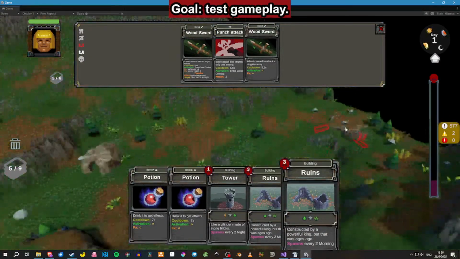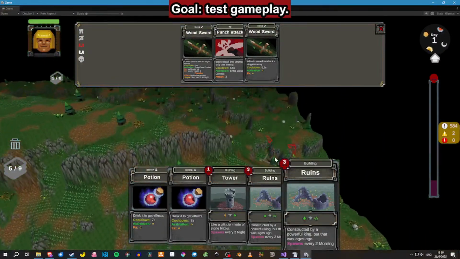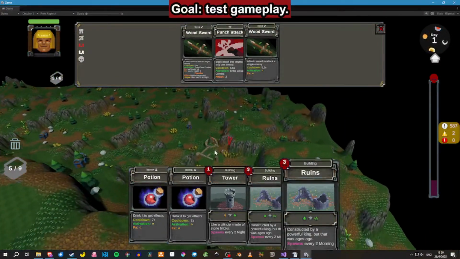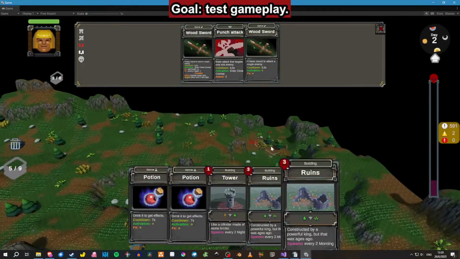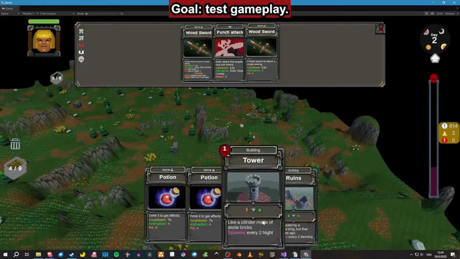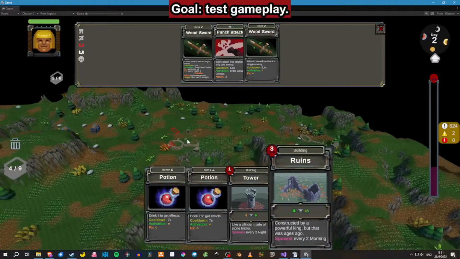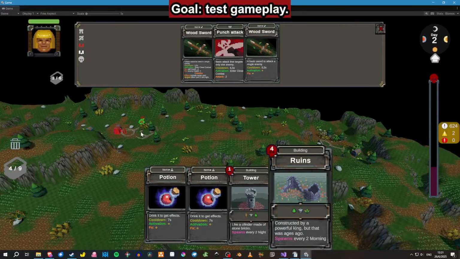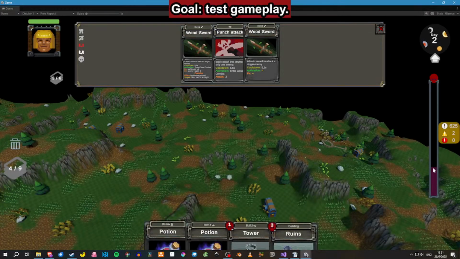Let's try to build more buildings. Oh, there are some treasures around the map, so I can try to get those treasures by building close to them. No, the goal is like in Loop Hero. You had this boss bar,